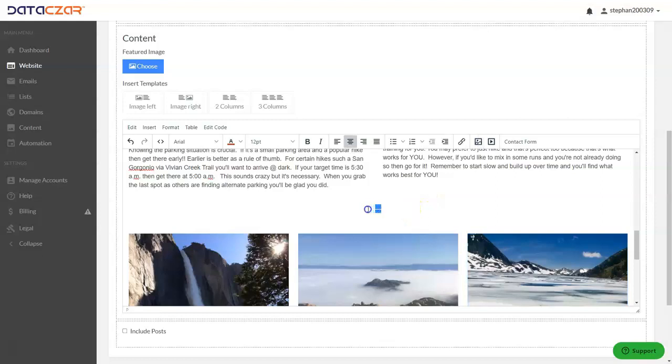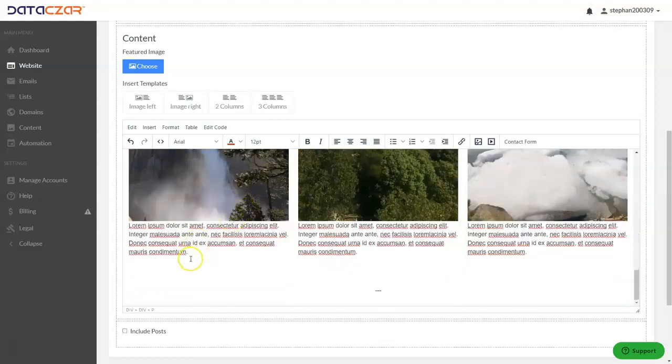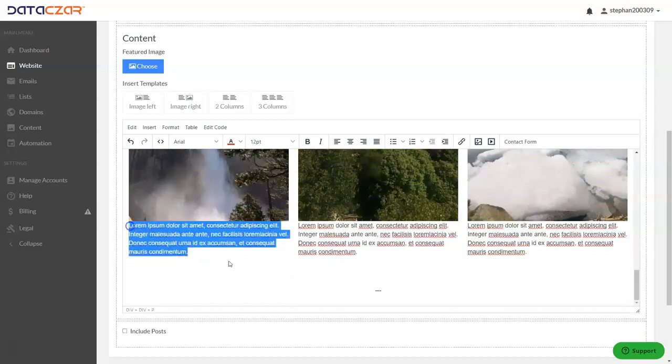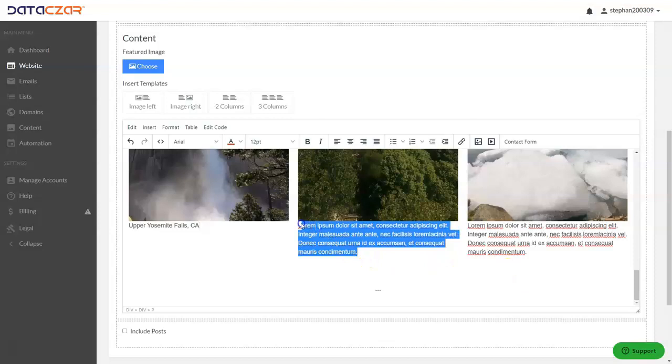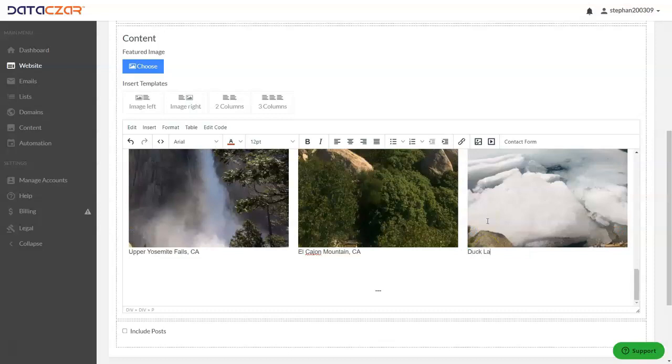We're going to, again, get rid of the dashes because that's just to help with the formatting. I'm just hitting backspace, one more time, bring that up, and then get rid of the filler words. And so what do we have? Upper Yosemite Falls, California. In this one, we have El Cajon Mountain, California. And this picture, we have Duck Lake, Mammoth,